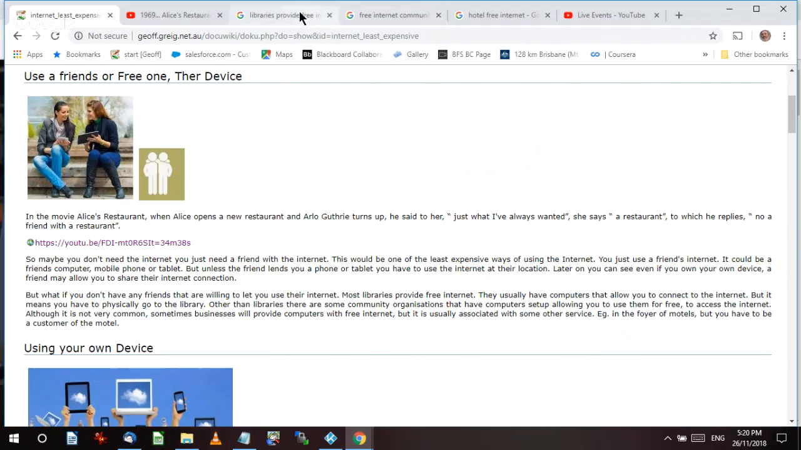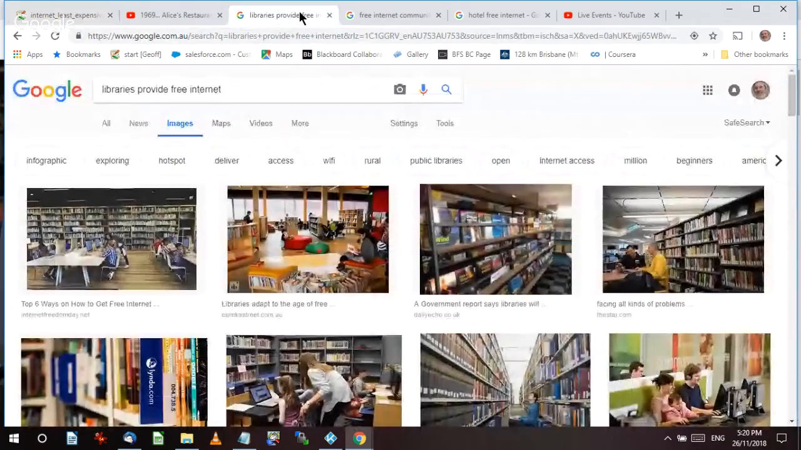There's a situation where you've got libraries. Okay, so I'll read. Most libraries provide free internet. They usually have computers that allow you to connect to the internet. That means you have to physically go to the library. Other than libraries, there are also some community organisations that have computers, allowing you to use them for free